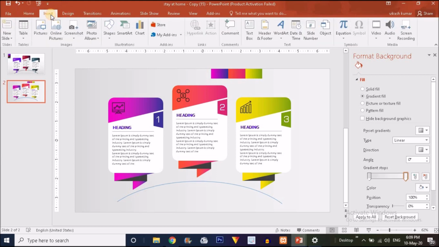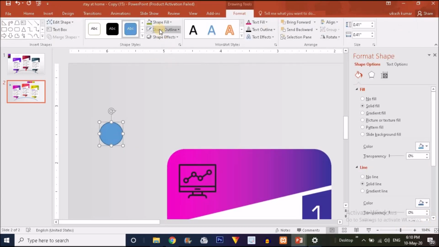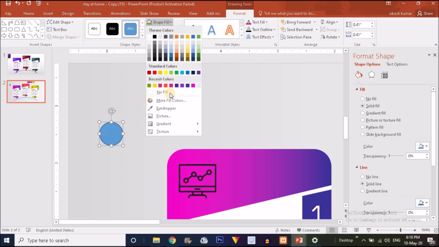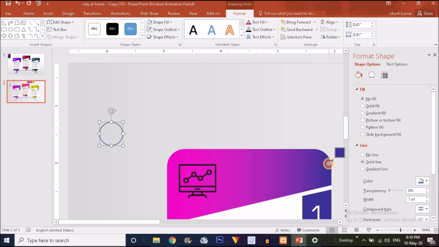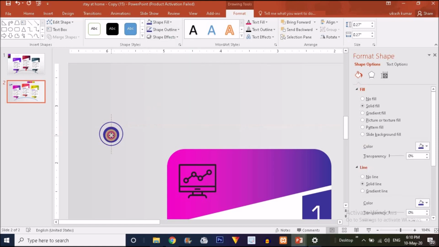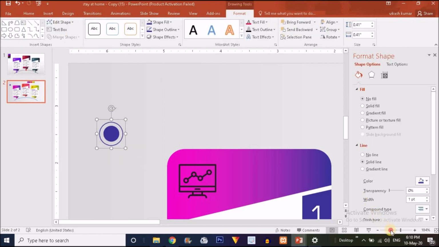So for making the dot I'm going to select the oval shape from here and drag it over here like this. I'm just going to zoom in like this and make it no shape fill, no fill. And for the outline I'm going to choose the eyedropper color and this color. Again press Ctrl D to duplicate it, and by pressing Ctrl and Shift together and dragging it to the inner part you will get another circle, a smaller circle, but the fill should be something like this, and put it over here. Just select all these two shapes and press Ctrl G to group it and zoom out from here.